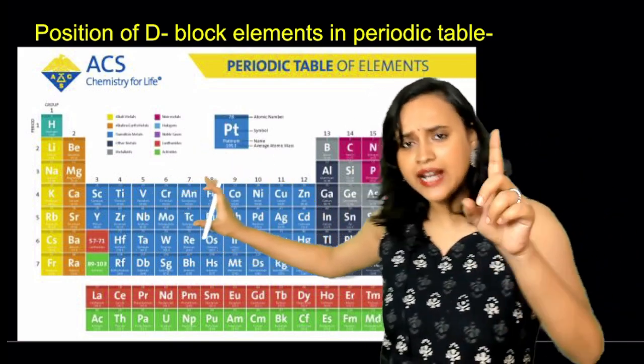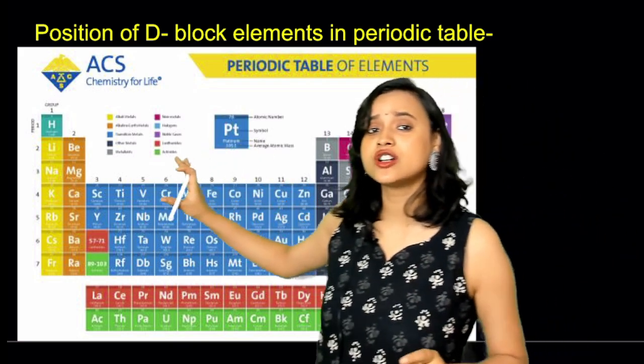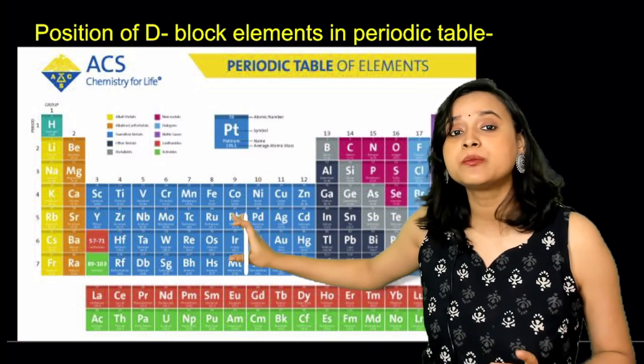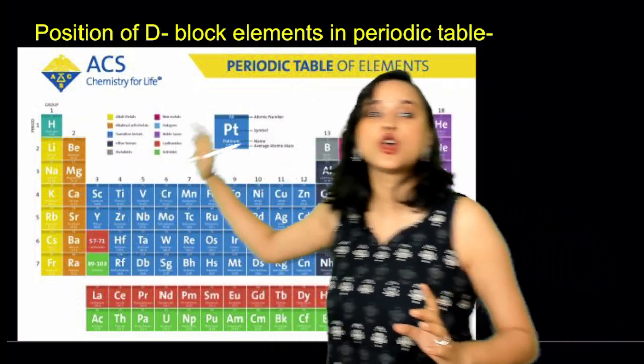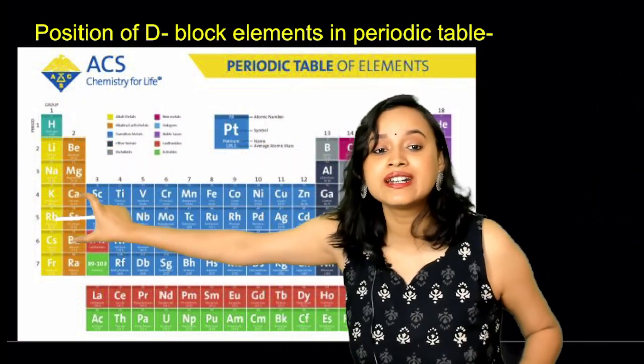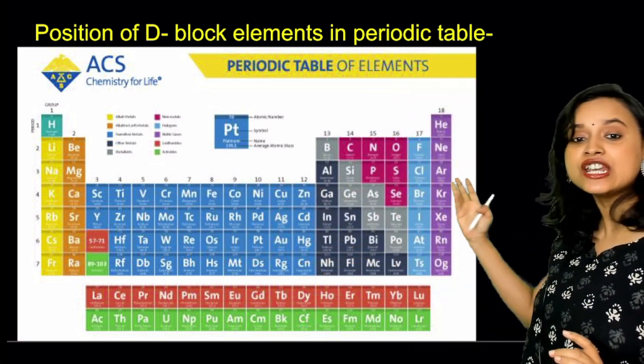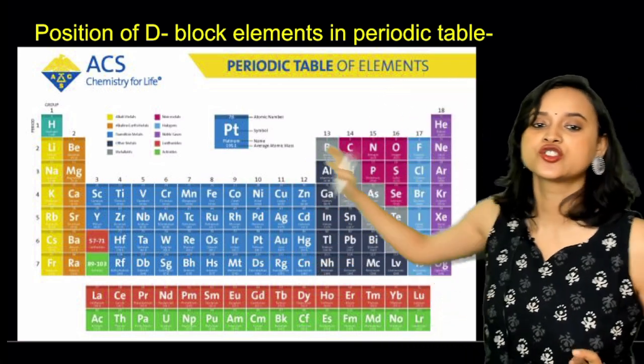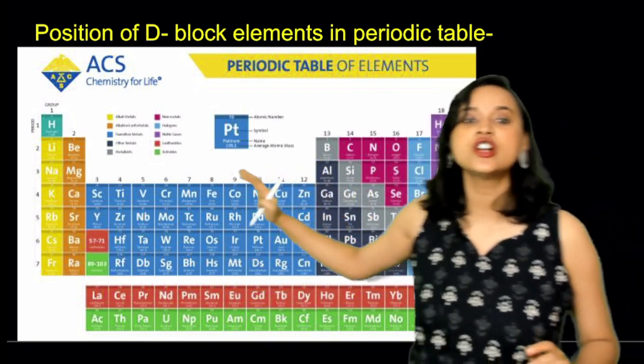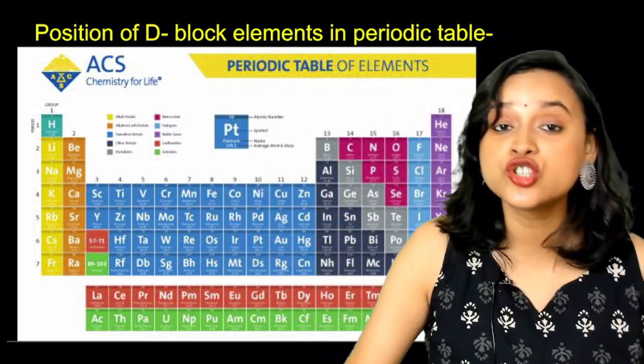We have just learned that they are also called transition elements. When you look at their properties, you find out that when you are traveling from the s block to the p block, their properties transition from s to p block. So, my dear students, this is your d block elements. This is the position of d block elements.